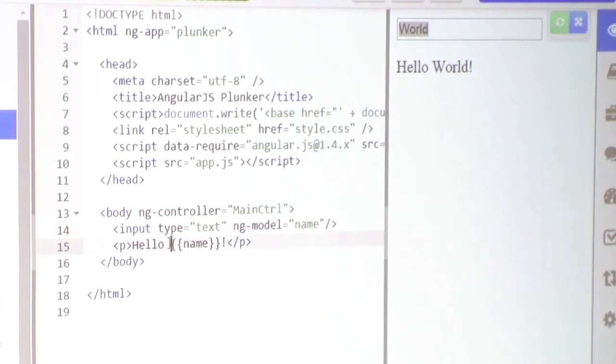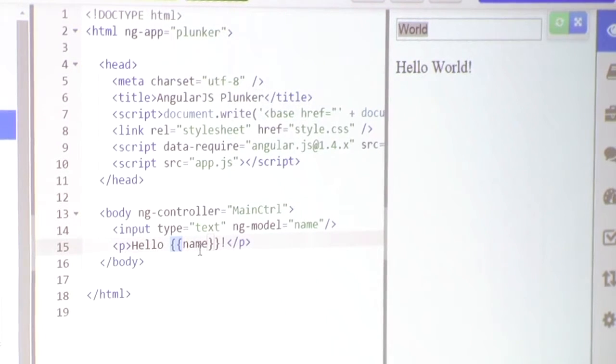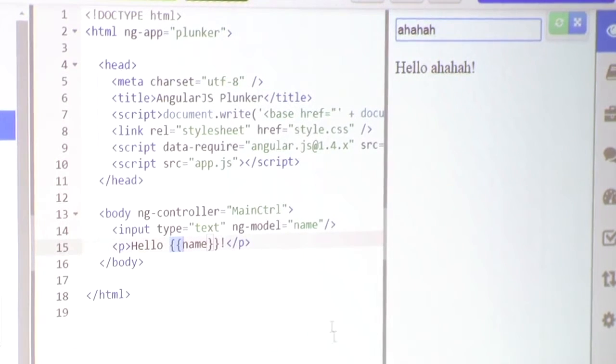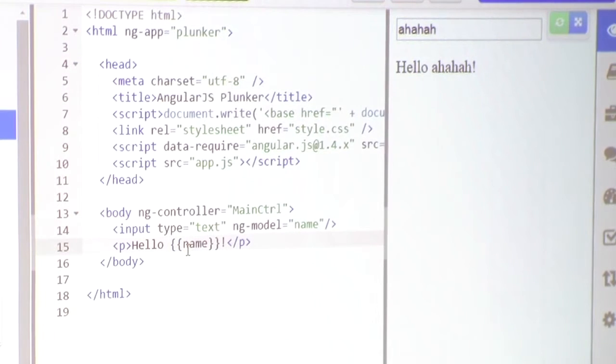And this thing right here is the way you output stuff to the HTML with AngularJS. It's called the double curly braces. So if I change my variable, it's going to automatically update this output. This is really powerful because you don't really have to do reloading or any parsing or anything like that. And if I go to my actual JavaScript